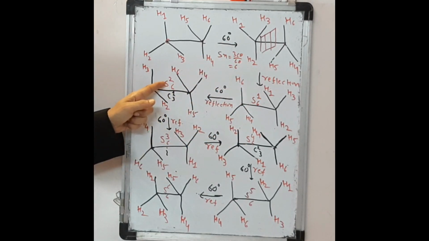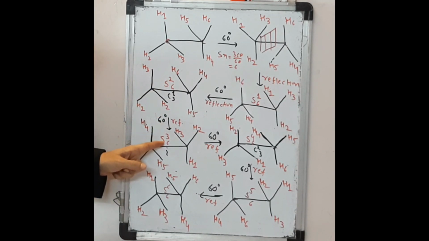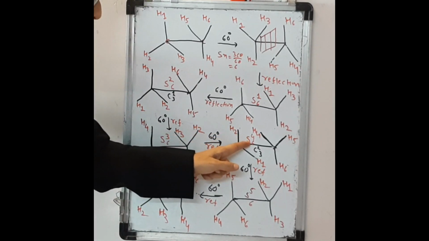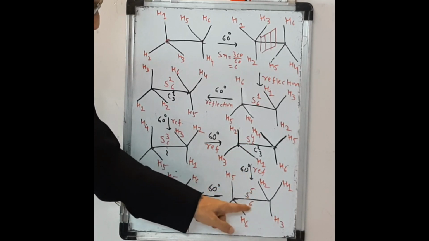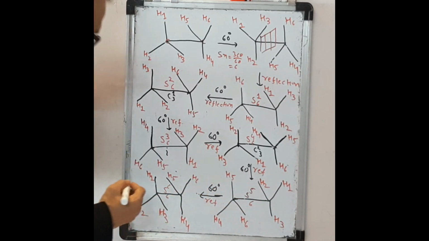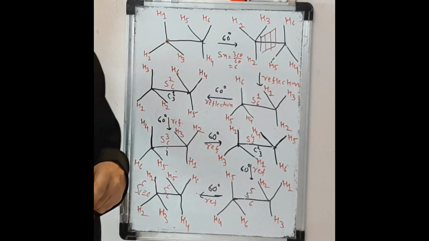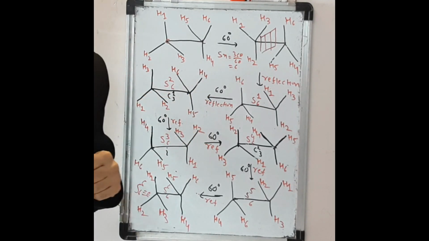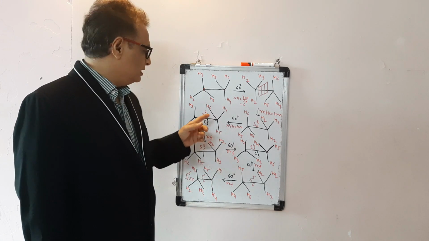The second rotation followed by reflection is denoted by S26. The third rotation followed by reflection is denoted by S36. The fourth rotation by 60 degree followed by reflection is denoted by S46. The fifth rotation followed by reflection is denoted by S56, and the sixth rotation by 60 degree followed by reflection is denoted by S66, which is equal to E. Here in addition to this, S26 is also named as C13. Now let us understand why this S26.